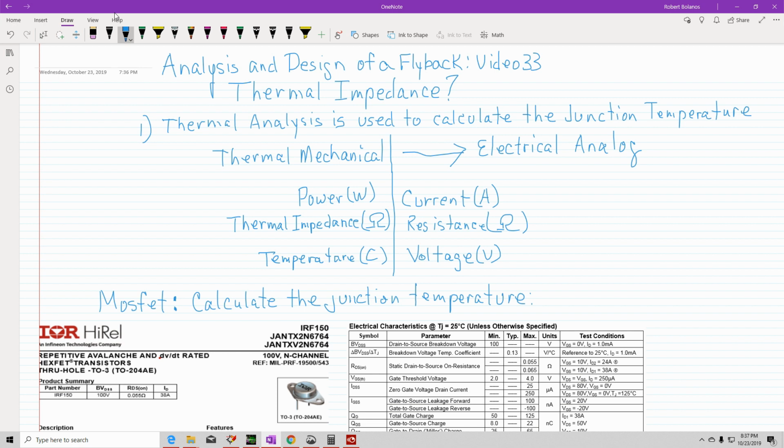But in the electrical, it's resistance, and its units are also in ohms. Okay, and then temperature, which is a mechanical unit in Celsius, has an equivalent in the electrical world as voltage, which the unit would be volts. Okay, so